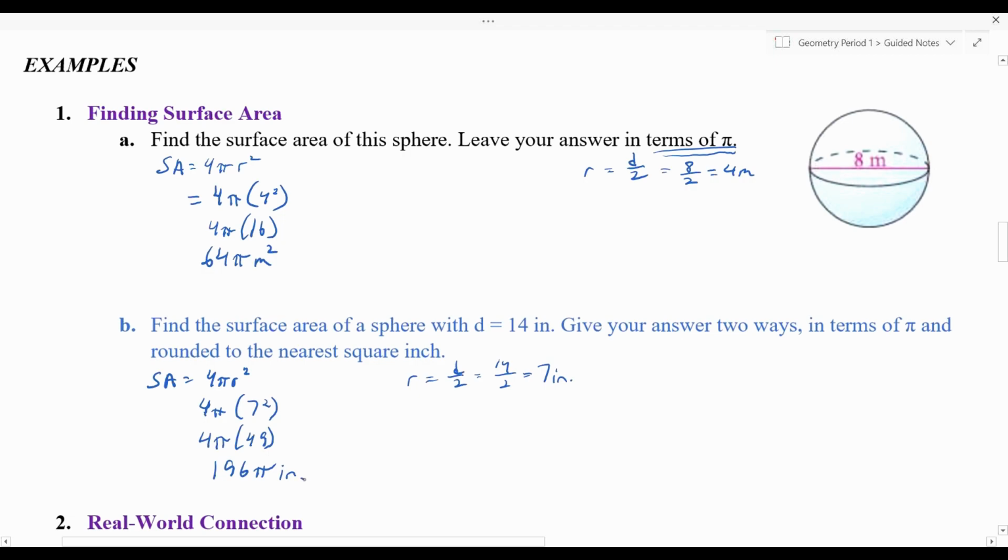Okay, and this is the surface area in terms of pi. So we have that part done. Now to find out what the surface area is to the nearest square inch, we have to take that pi and 196 and multiply them together. So I'm going to put an equal sign over here, so this is going to be 196